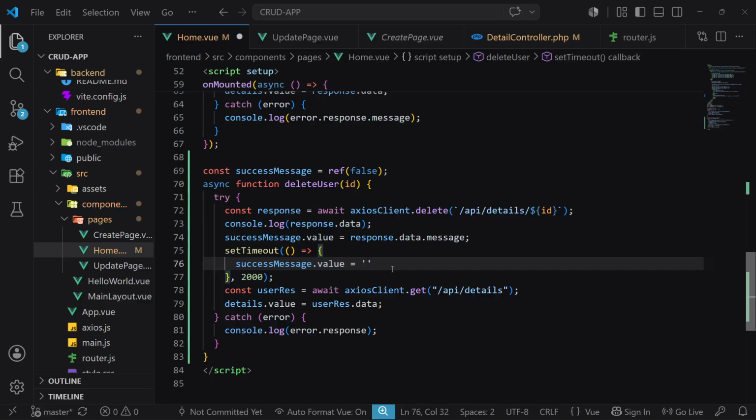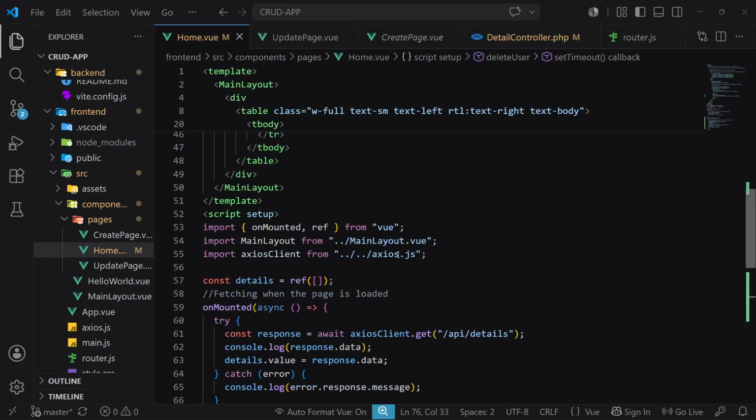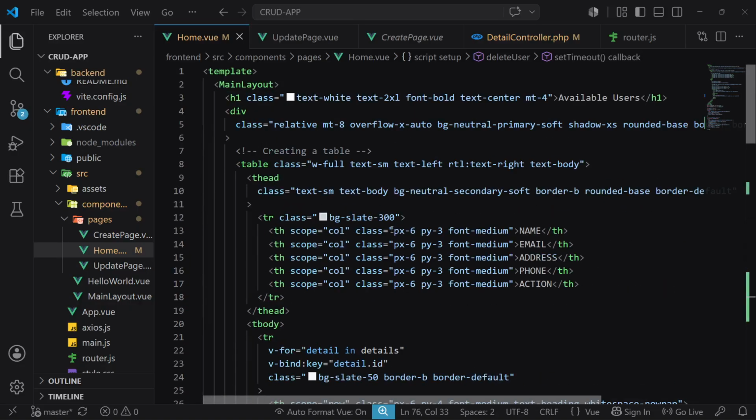Okay, or false. So we can save on that, and then try to add it on top here